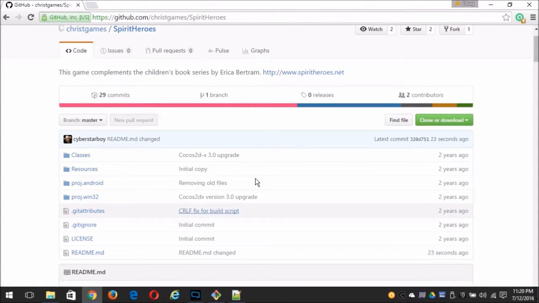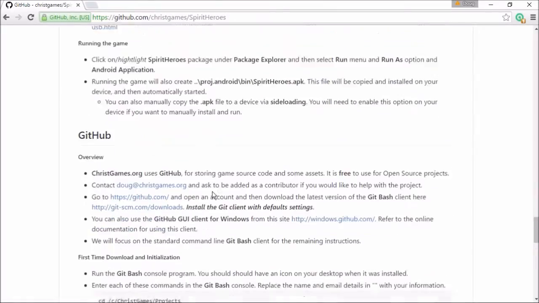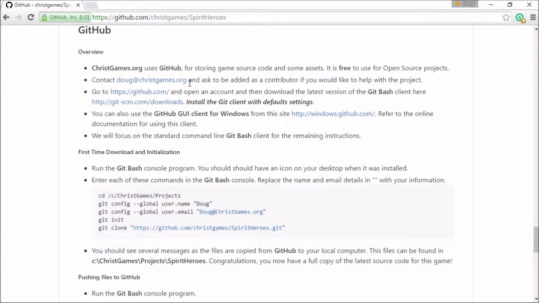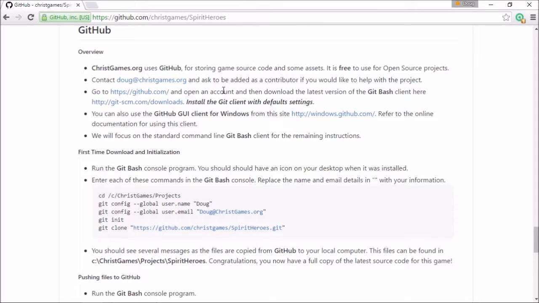So what you have to do, if you want to contribute, the first big thing is really to send me an email at doug@christgames.org, and this kind of tells you what to do. Send me an email. I will add you on to the project as a contributor, and then go to GitHub and create an account. It's free, and log on and create a profile, and you can put pictures in there of yourself and things. It's just any type of social media kind of thing, and then go ahead and go to this link here, get the source code,